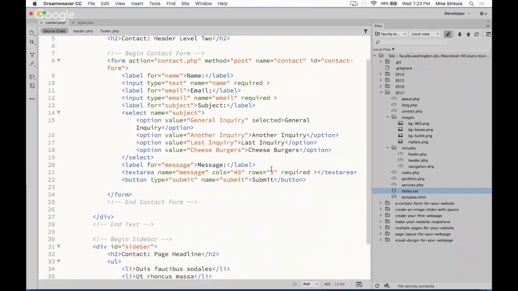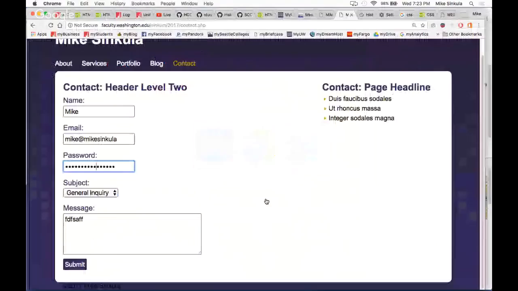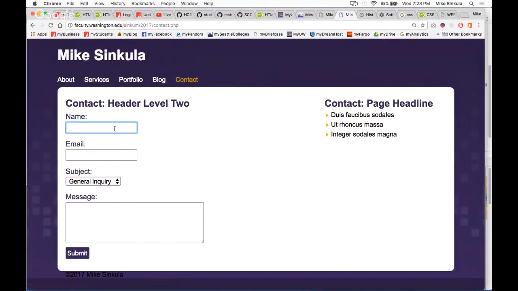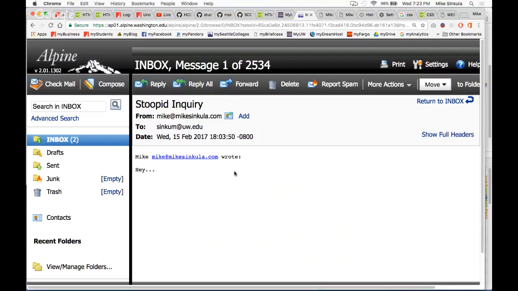So we have name, email, subject. Name, Mike, email, Mike. Subject, cheeseburgers, like tacos. Submit. Great. It submitted it, or at least it got past validation. But because we don't have any script handling it, if I go then to my email here,